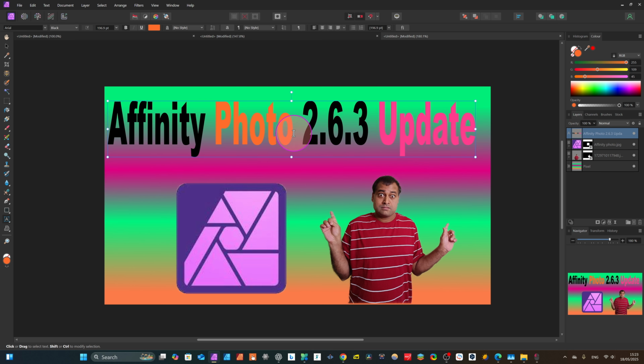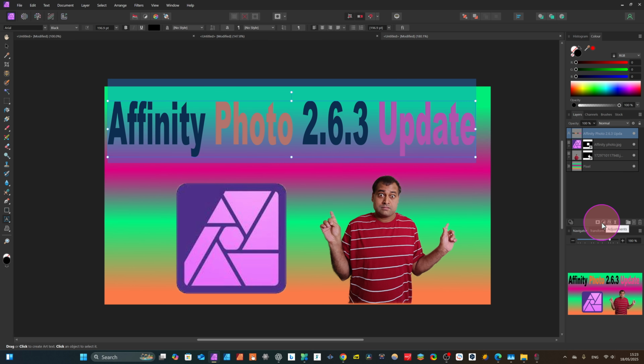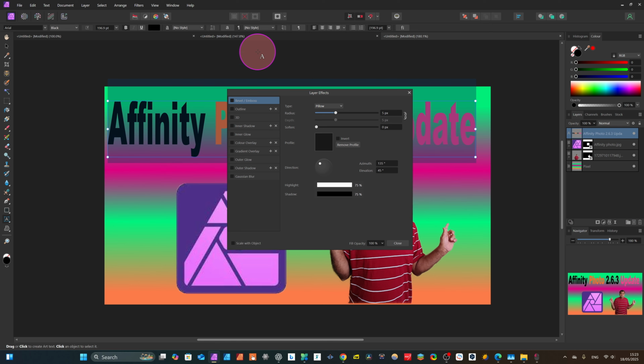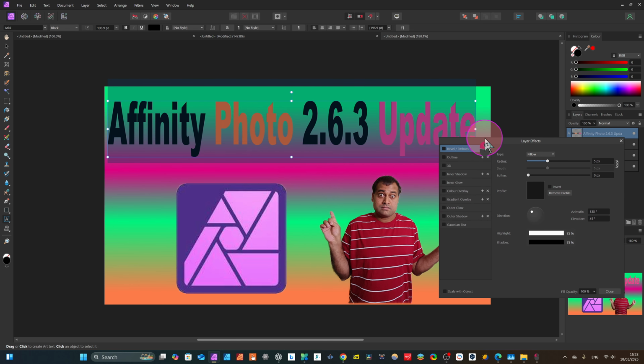Now we just select all of this, and we come here, you see layer effects. We want to give a layer effect. Come here, just here, layer effect. In layer effect I want to give 3D effects to our text. You see we have given here, you can give outline text. Here you can add bevels.